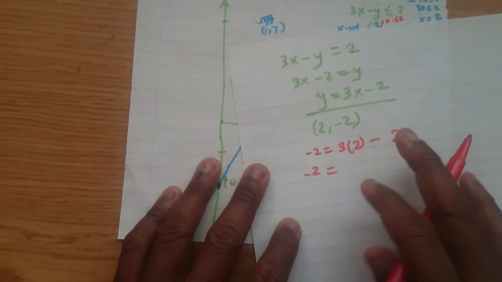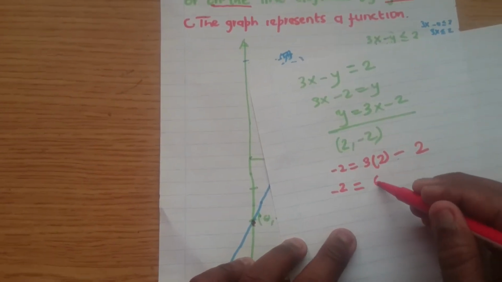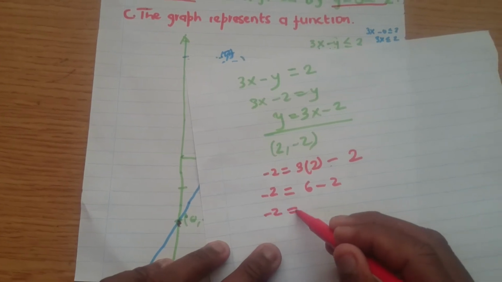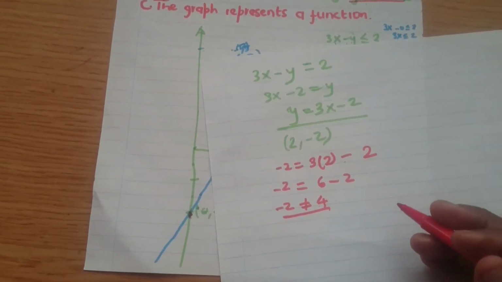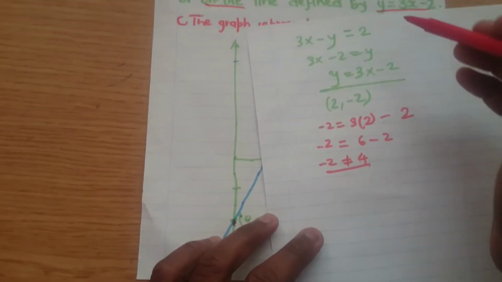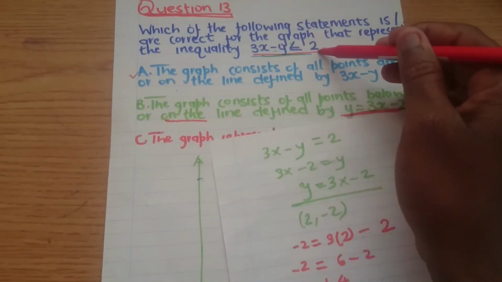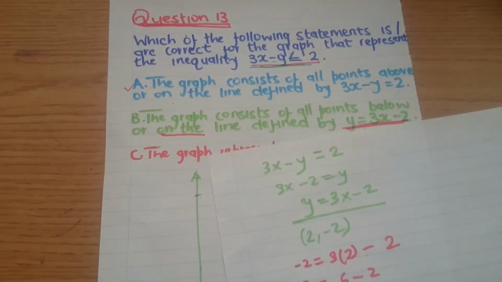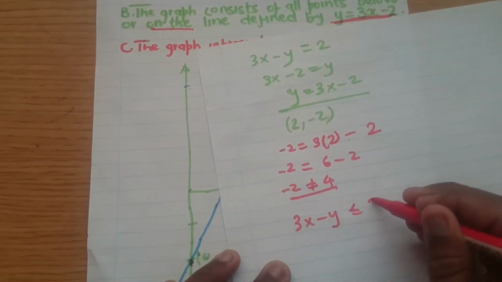No, it's not true, because negative 2 is going to be 6 minus 2. No, this is going to be negative 2 is not equal to 4. So it's not true. So option 2 is not true. And even if you take the original equation, remember this one here and this one here, the same thing. You know what I'm saying? Even if we take the original one, 3x minus y less than or equal to 2,